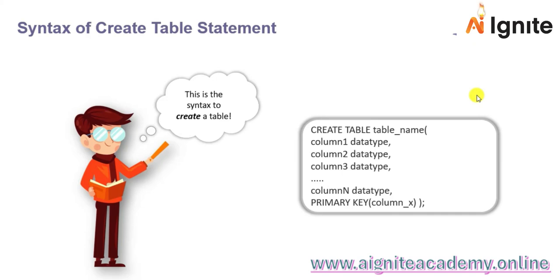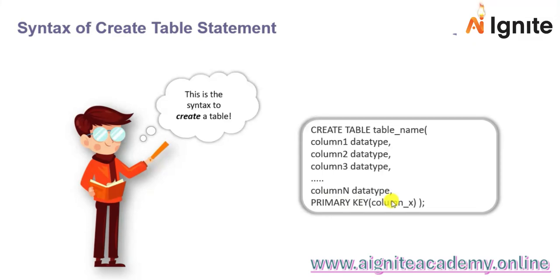So first we'd have to specify the two keywords which are create table, and then we'll give a space and then give a name to the table. And inside the parenthesis, we will define all of our columns and assign them their respective data types. Now finally, if you want to give a primary key constraint, we can do it over here. So we will give in the keywords primary key and then give the name of the column which would be